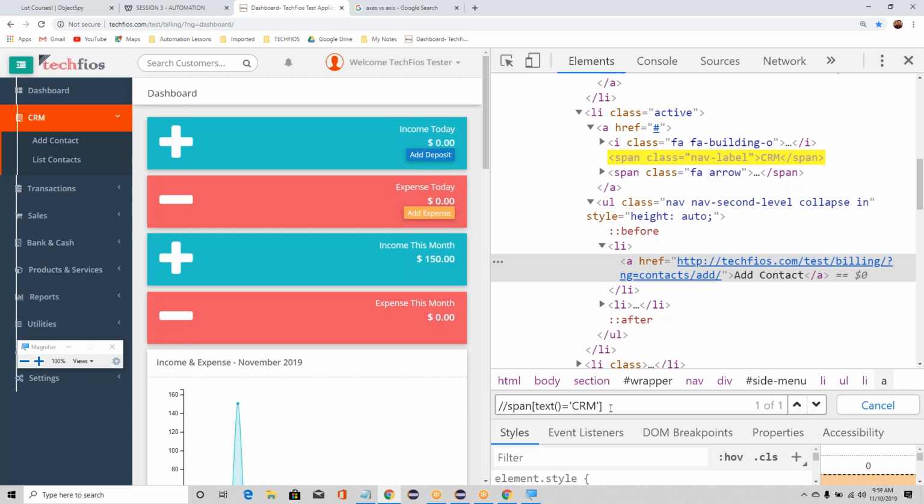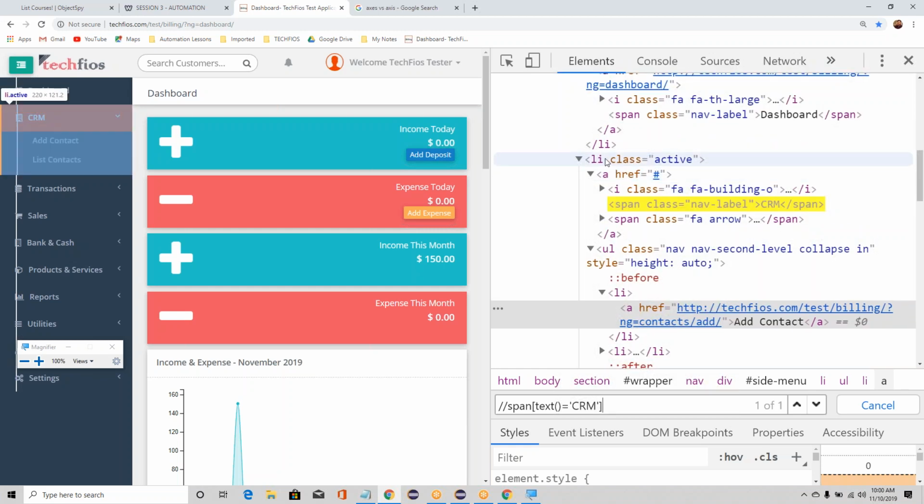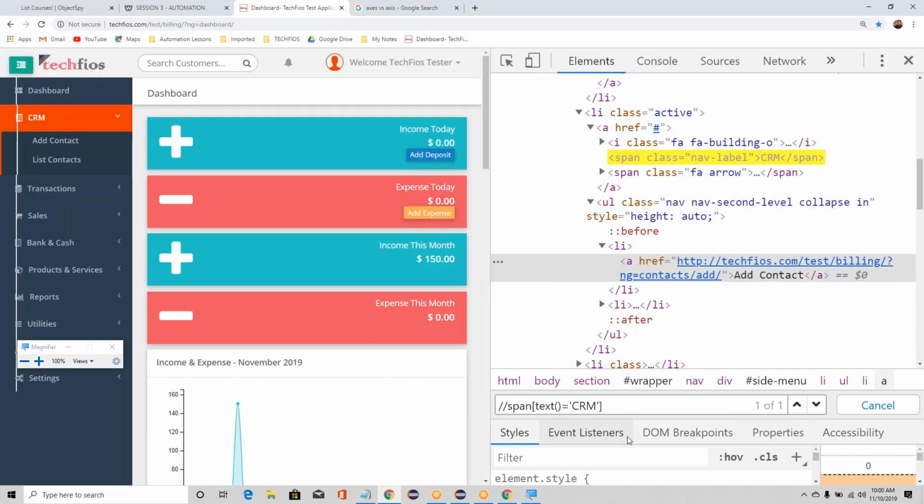So now that I'm here, who can tell me, how do I get from here to this guy? Parent. Descendant. Not descendant, well, I am the child, and I want to go to my ancestor. You could do parent or ancestor, either is fine. Parent will just get you to here. Ancestor will also get you to here, but could also get you to there, depending on which tag name you use. So I could say /